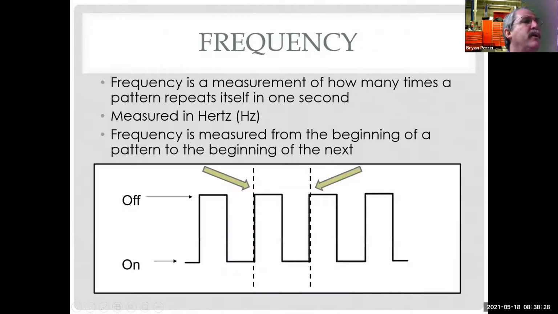So the next thing we're looking at is frequency. Frequency is measured in hertz, and it's the number of times a pattern repeats in 1 second. Frequency is measured from the beginning of a pattern to the beginning of the next pattern. So this is how we measure it. In this case, it spends half its time on, half its time off. And if I just turn this on at 50%,